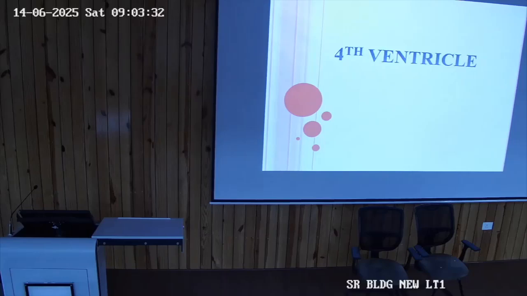Have you seen the floor of the fourth ventricle in the dissection hall? Not yet. This is one thing, the floor of the fourth ventricle, it is beautifully seen when we take out the brainstem or the brainstem with the cerebellum. So you have to identify the structures, the nuclei in the floor of the fourth ventricle. That is something which is asked in the viva and in the exams also.